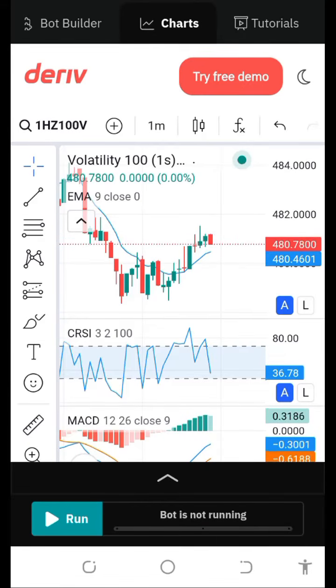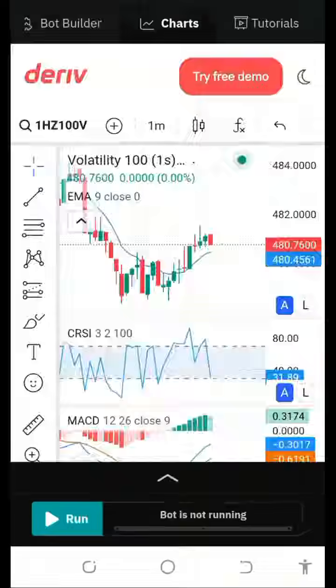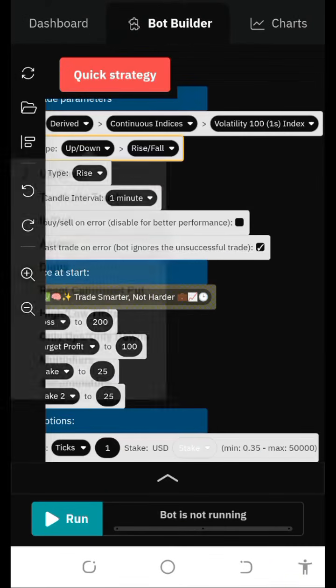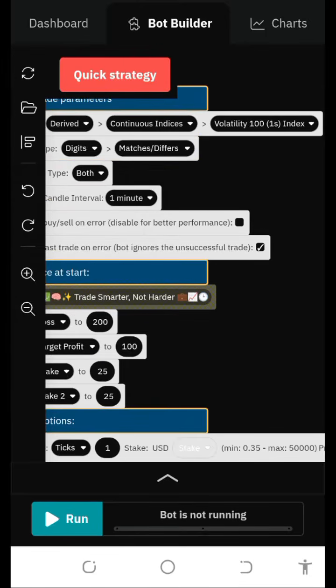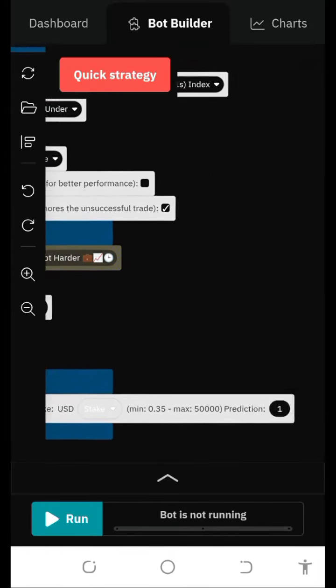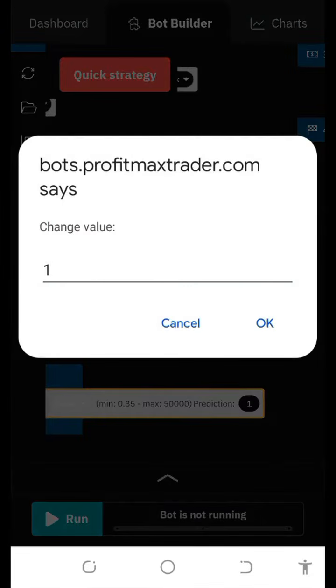Okay, and we can see this market seems again still on the rising, but if you look at the Connors RSI, you can see the momentum it's coming down. Okay, so the MACD as well shows the market is rising, and for a rising market you can also capture over 3. Okay, so we adjust our bot to the over and under market. Let's try and capture over 3,